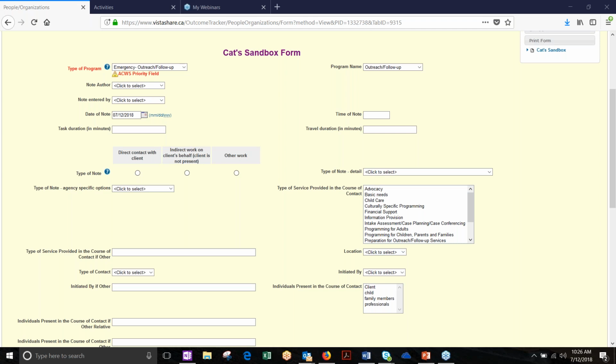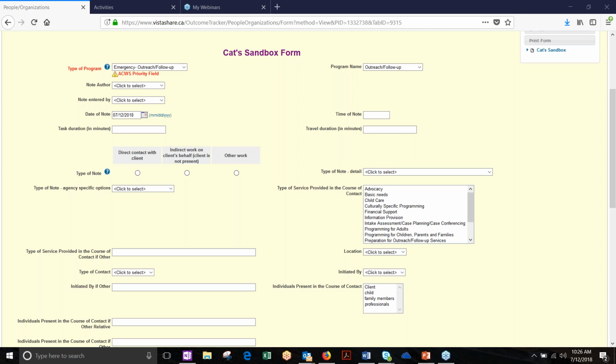The history between the type of program question and the program name question is that we developed the type of program, a question with standard drop-down lists that are used by everybody in the same way,